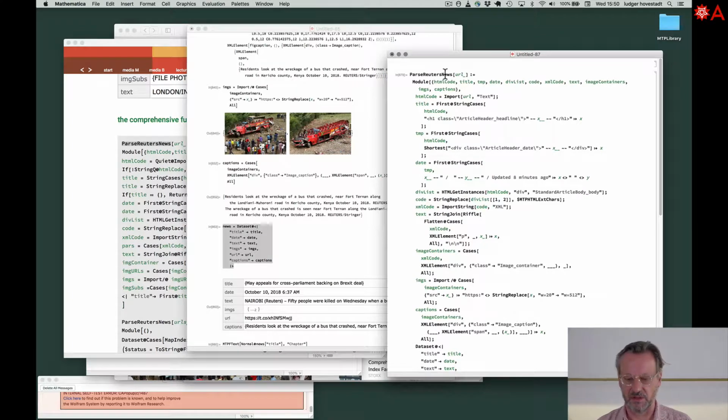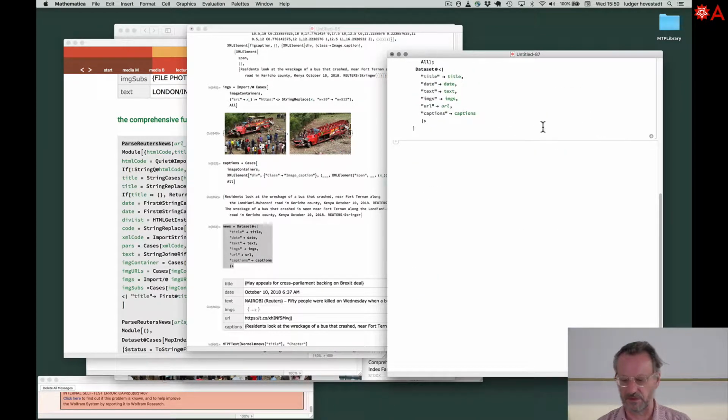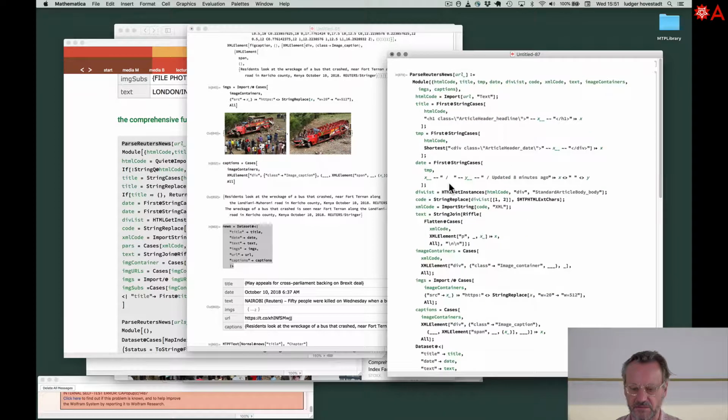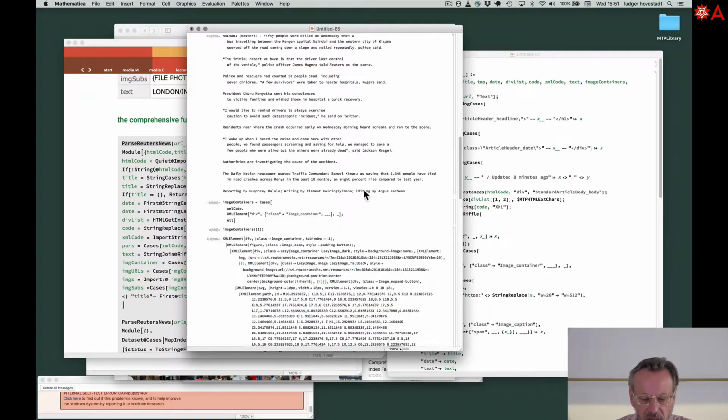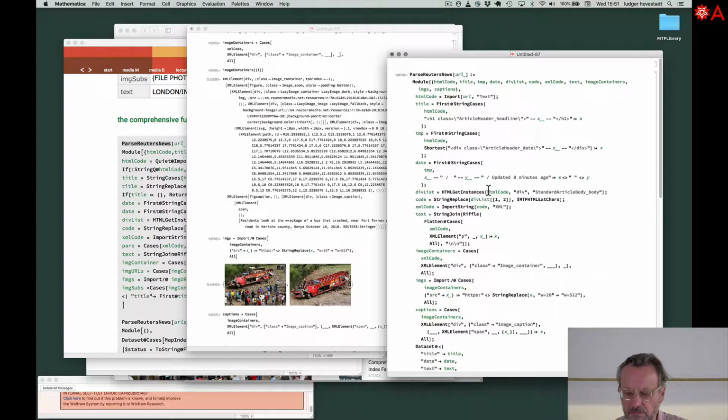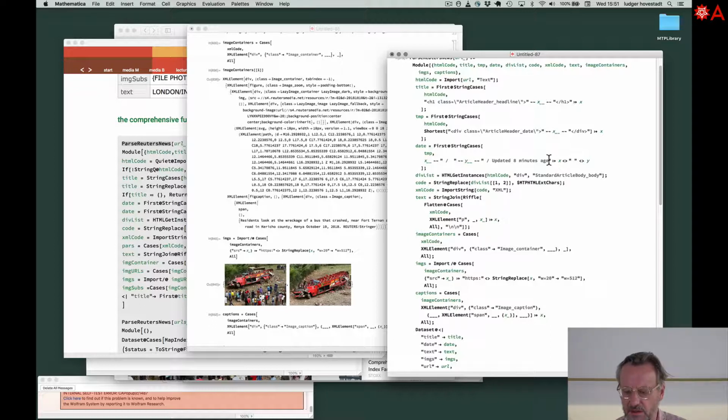So if we now parse Reuters news, I'll go back, parse Reuters news of URL, then we should get all the cells. Date is not working, we made some mistake with the date. Now we need, this is wrong. It's not any longer 8 minutes ago, now it's some 20 minutes ago. So we have to